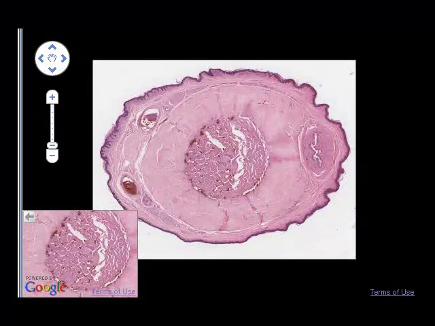Loose connective tissue, as it's classically described, is really only seen in mesentery, a slide which you don't have in your box. Much more common is to find loose connective tissue, or a variant of it, underneath epithelium, and often closely associated with dense irregular connective tissue with which you can compare it. For the purposes of this short demonstration, we're going to use the penis slide, which can be found on the